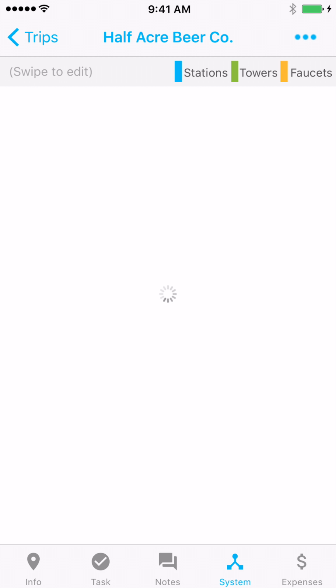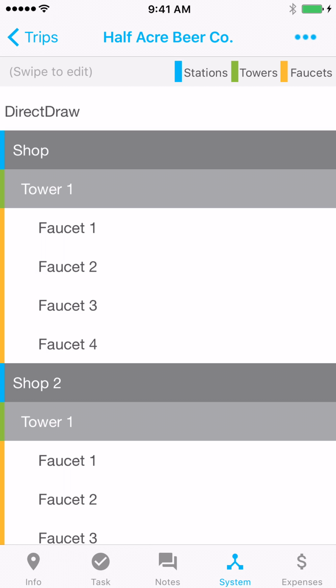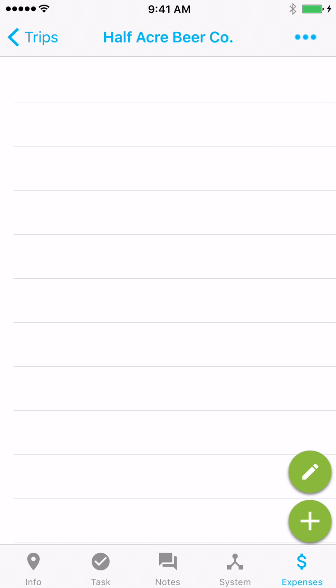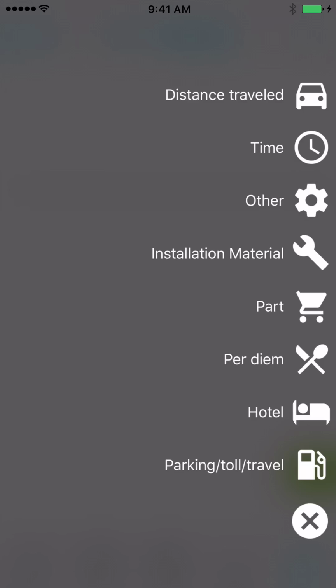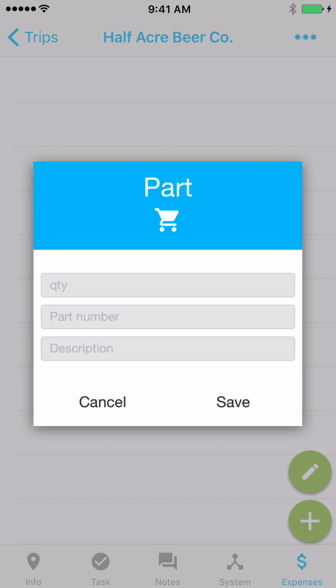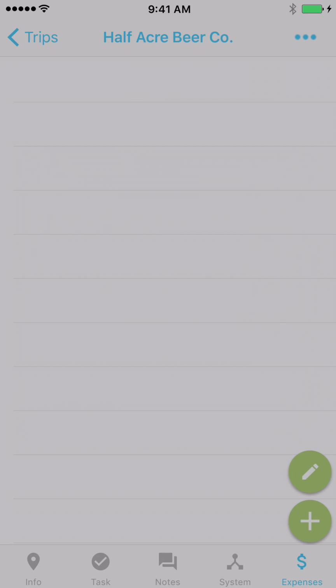System, you guys don't need to worry about because you're not making any modifications here or tracking brands. If you were, you could track brands this way, but Leaders Beverage doesn't worry about that. Again, back to the expenses page, and we're not going to typically be doing this for line cleaning as of this week. This is where you can add parts and different things to the trip. So for right now,